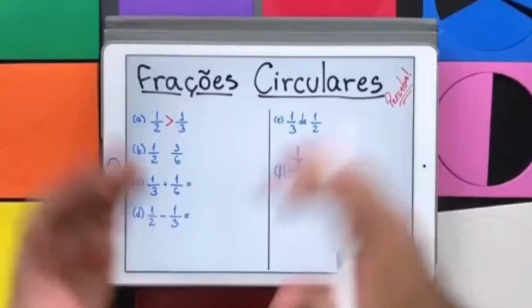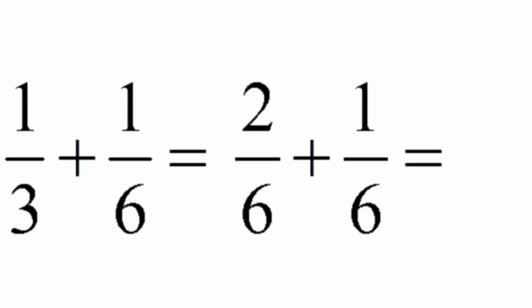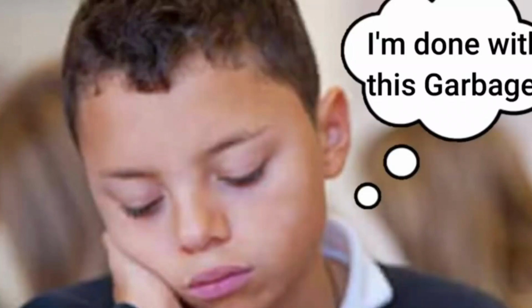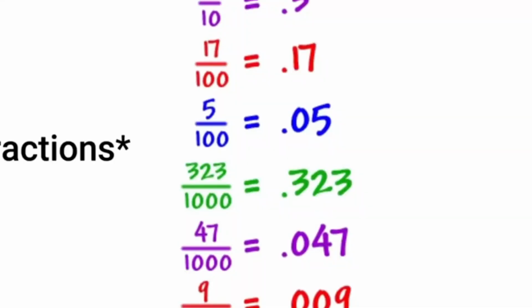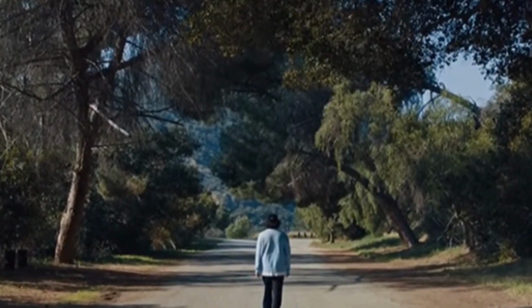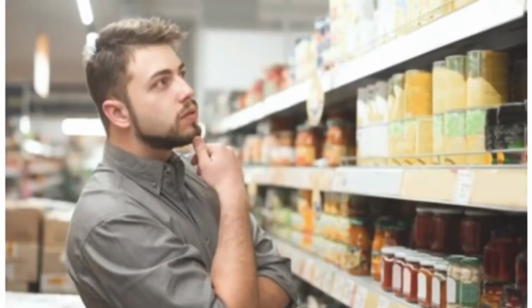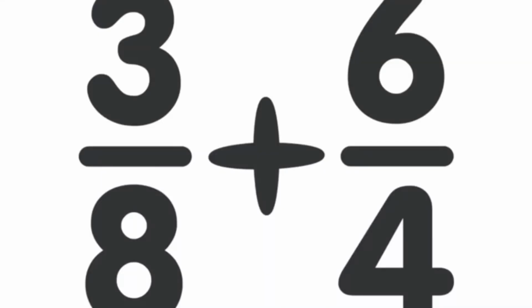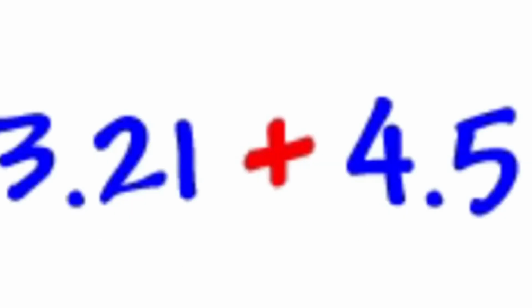The decay started with fractions. Fractions were easy at first because I was just converting them to decimals to get the answers. But then they started asking for fractions as answers, and I just can't do that. That's not how my brain operates. I convert numbers to the shit I actually see in day-to-day life. If something costs $20, I'm not gonna be like, that costs 150 over $10. Why do I have to put this in fraction form when I put the same answer in decimal form? You're making this harder on purpose.